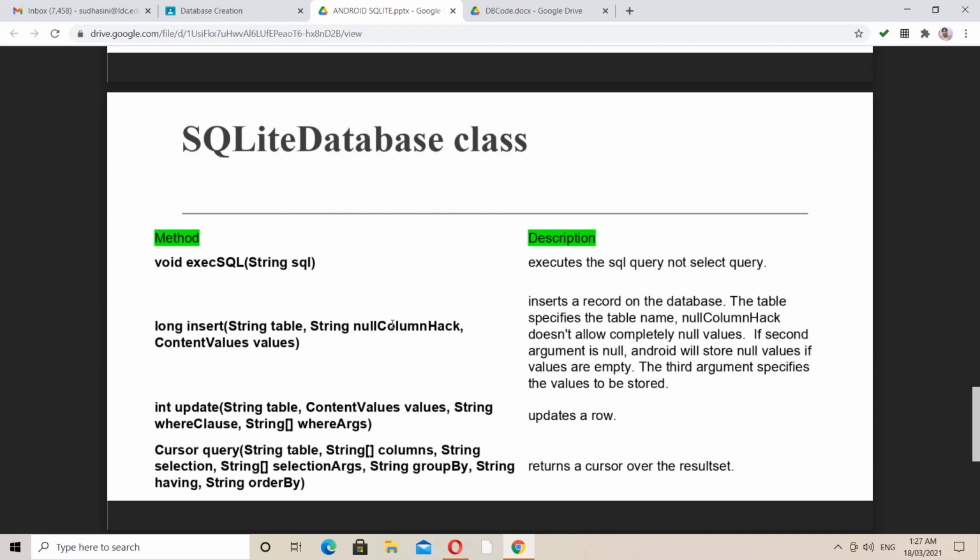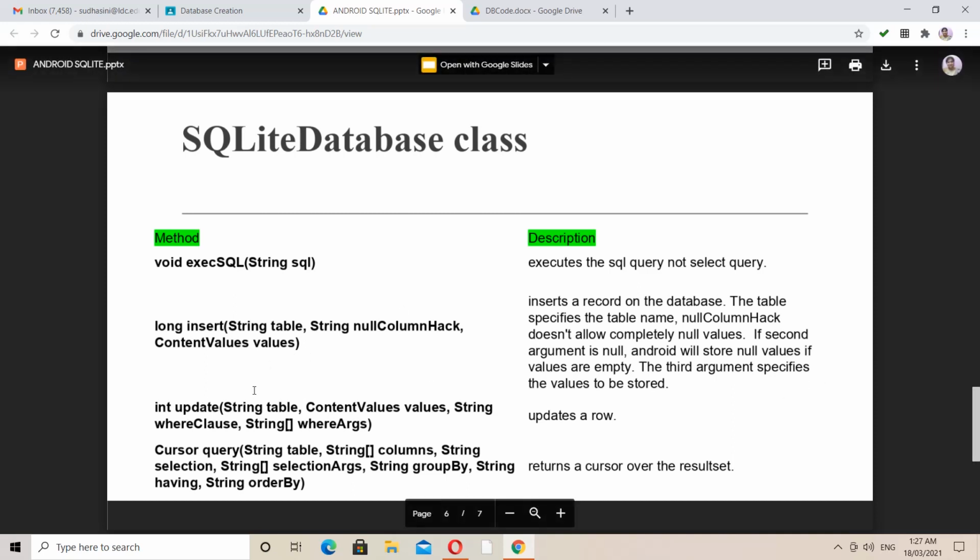So I have three attributes. These three attributes should be inserted within your table. Here we give the table name and then mention the three attributes with the corresponding values. If your value is null, it can be accepted, but still, when inserting the information, you definitely have to give the column name. This is why we stress some kind of restriction, the null column hack. So we definitely have to make use of the column name to insert your information.